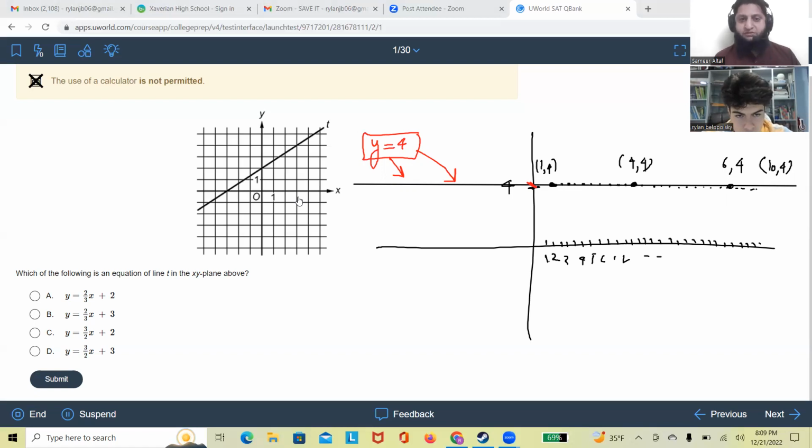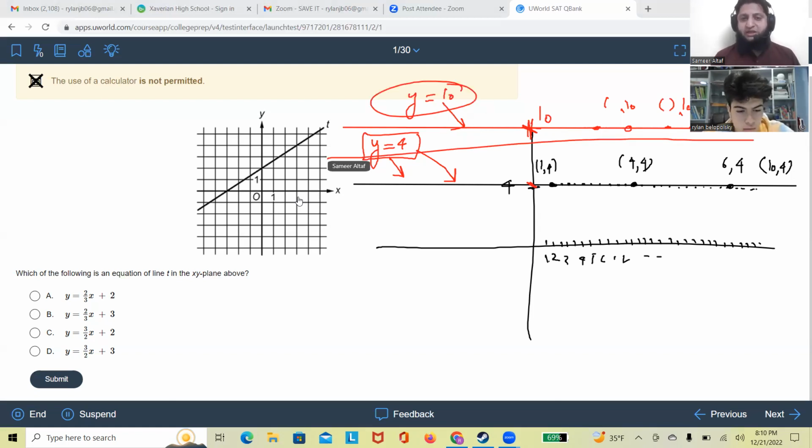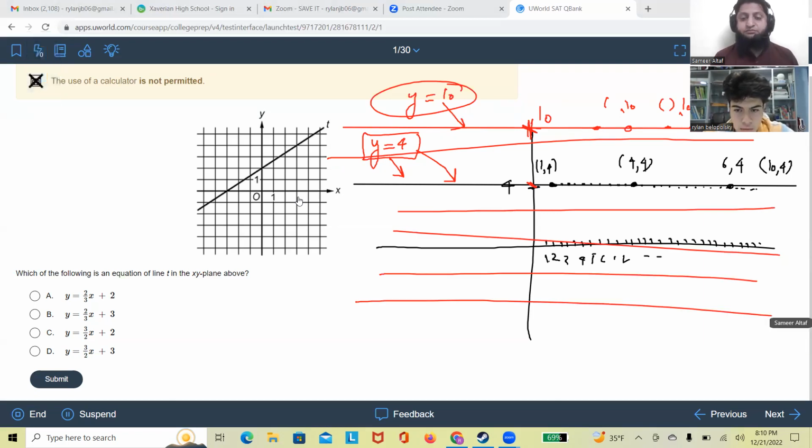Now if I take one more line, which is horizontal, but a little above it, and crossing the y-axis at 10, that means every point has the y value as 10, but the x value keeps changing. So what will be the address of this line? Y equals 10. Exactly. So all the horizontal lines which are parallel to the x-axis